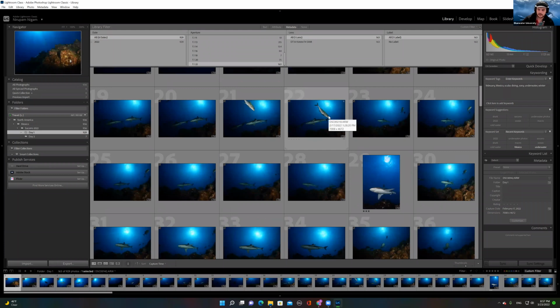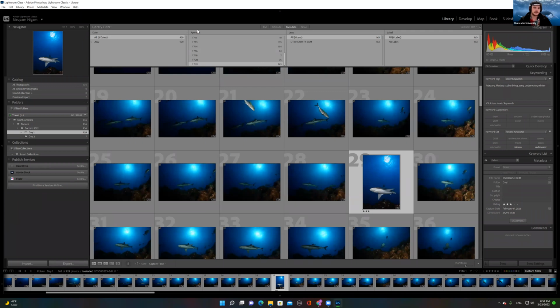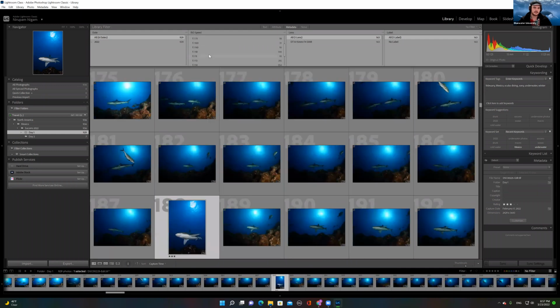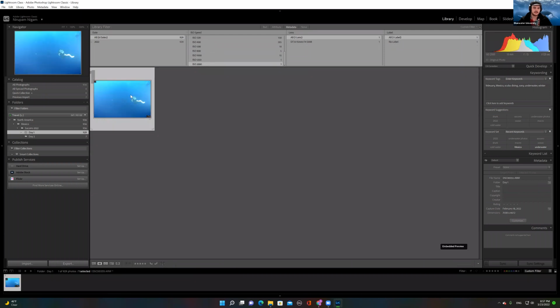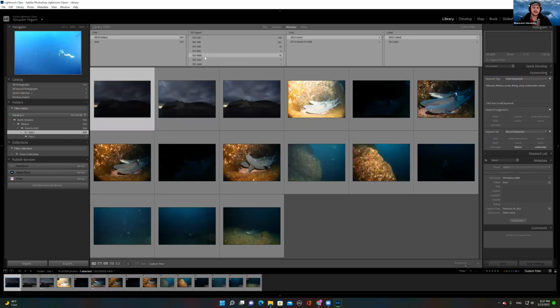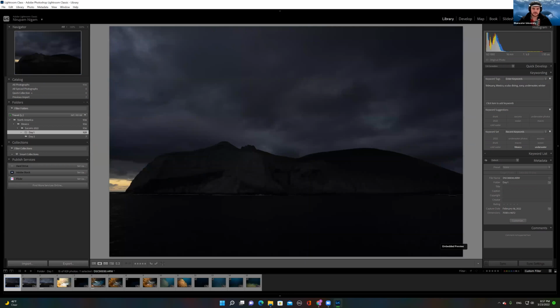Is it because there's a sun ball in the background, and am I trying to get the ambient light out of the photo? So all of these tools and techniques that you're using underwater will show up here in your metadata, and you can compare photos that way. Again, ISO, you can see with ISO speed how grainy it gets at ISO 2000. I don't know why this was at ISO 2000 or ISO 1000, which was really useful for this photo right